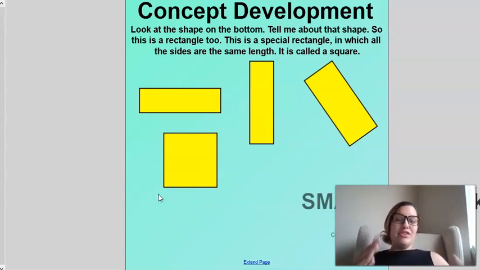When we have a 4-sided object that has 4 corners and it has all 4 sides the same length in straight lines, that is a square. When we have 4 sides, 4 corners, 4 points, but the length of the sides are different, like we have 2 long and 2 short,